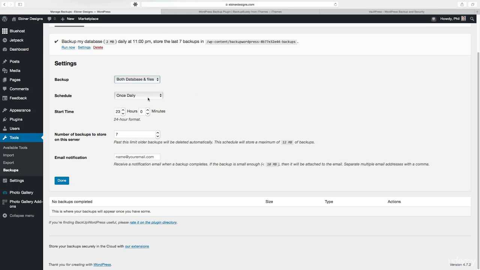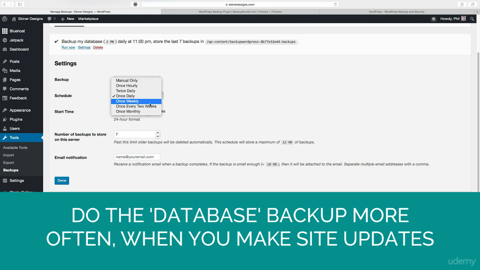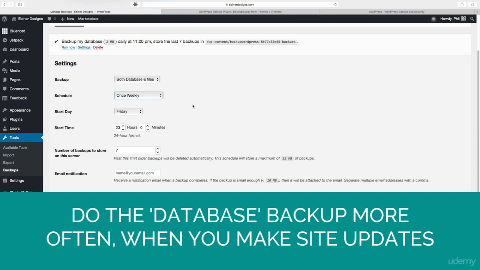Next, you want to set your schedule. You can do it daily, hourly, only when you want to, every week, every 2 weeks, every month. I recommend scheduling it to however often you seem to be updating your website. If you're only posting a new blog post or making updates once a week or so, I would recommend just scheduling it every week. There's no point in running it more often than that because it's just going to be the same files and it just takes up processing power.